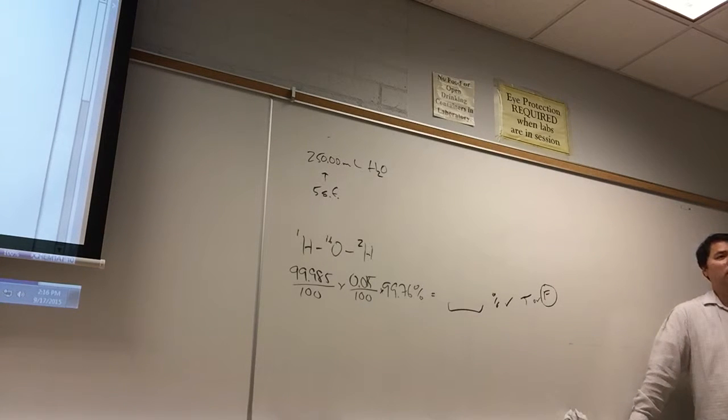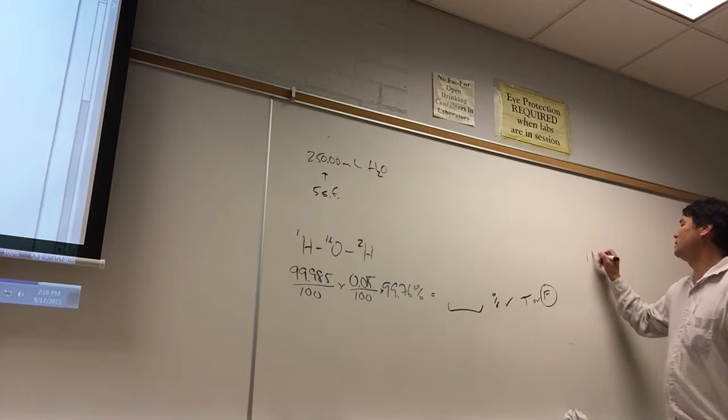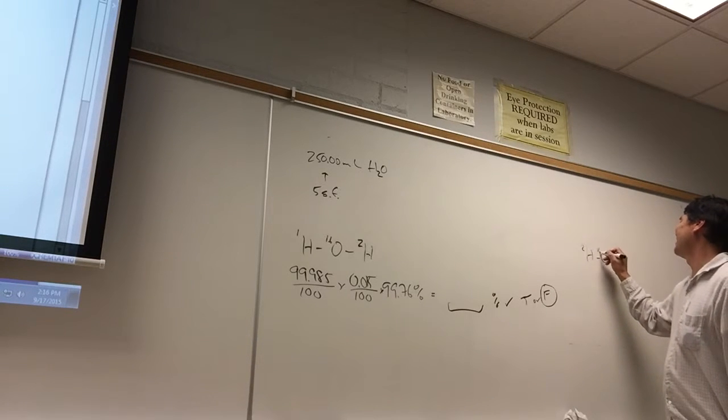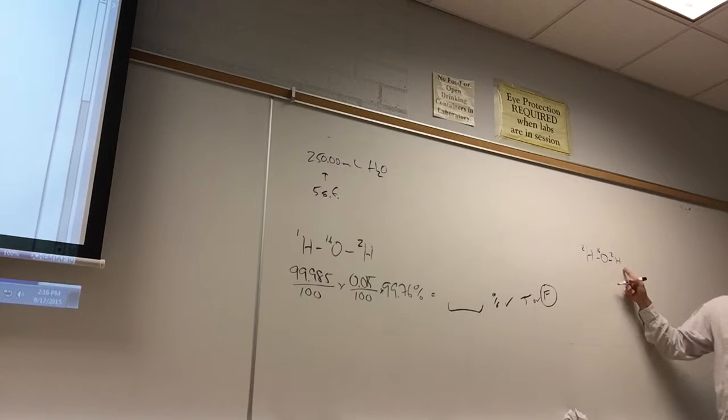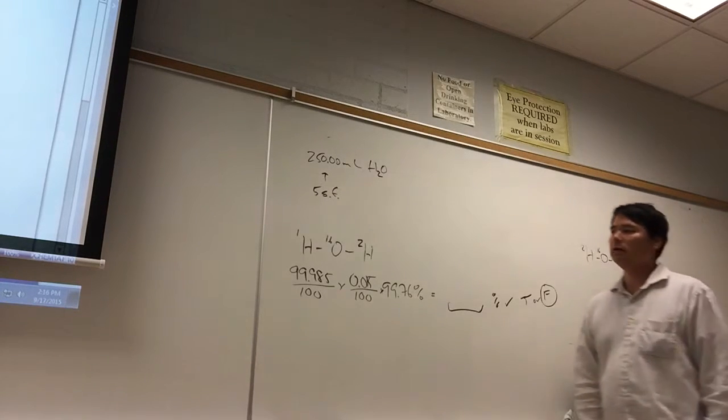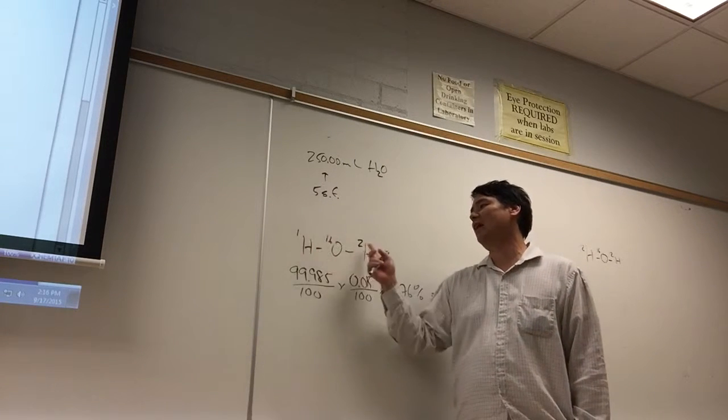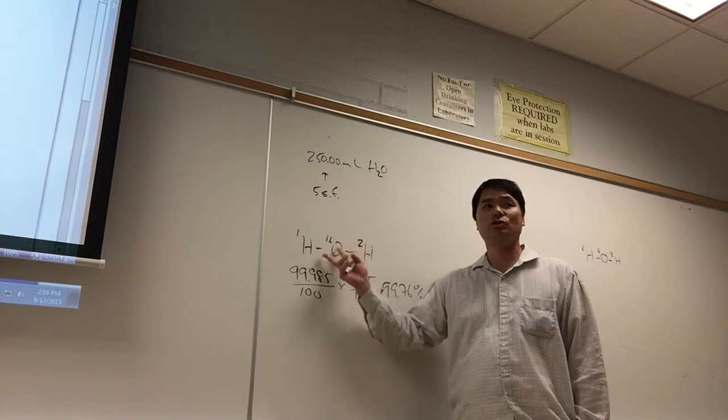Why is this wrong? The reason it's wrong is because, statistically, there's only one way of having this. You have to have an H2 and an H2, right? But over here, if we have a 1 and a 2, statistically there are two ways of making